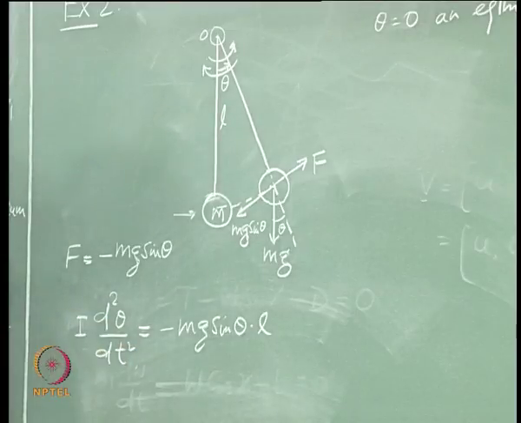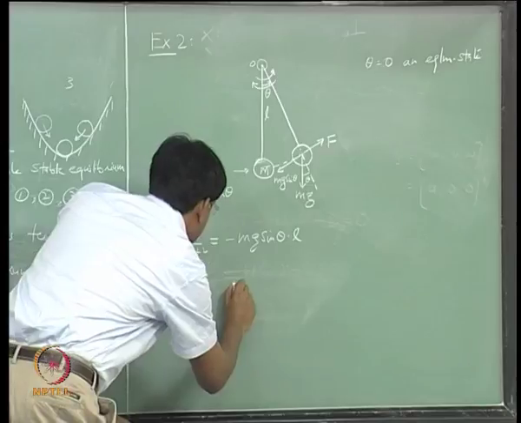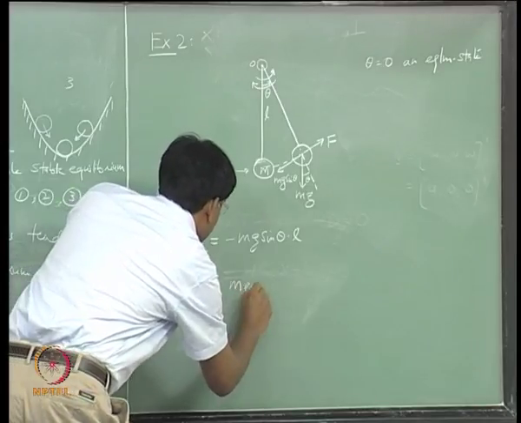That is why this negative sign. I is m L squared. So, from this equation